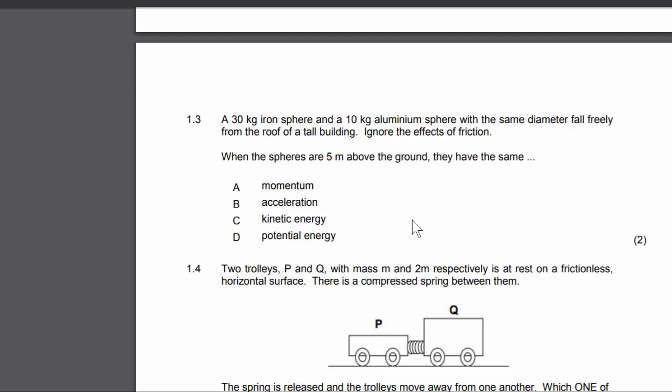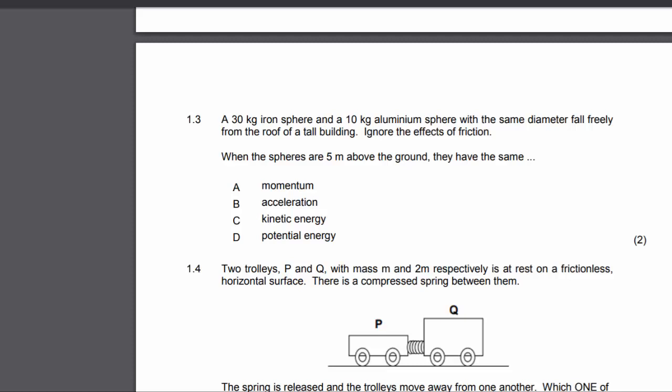Potential energy is mass times gravity times height. Again, mass is the only difference between these two. Well, obviously they're different, made of different stuff, but that doesn't affect their mechanics really, but their mass does, and it only affects momentum, kinetic energy, or potential energy. The acceleration is only due to